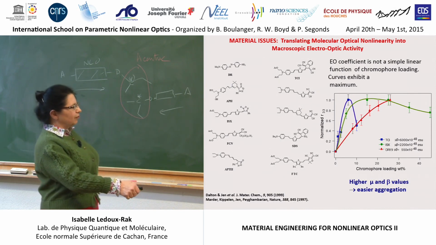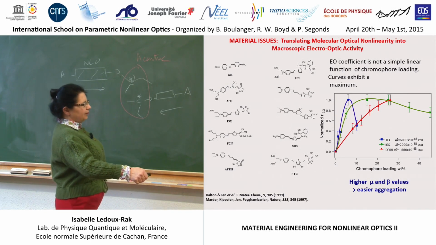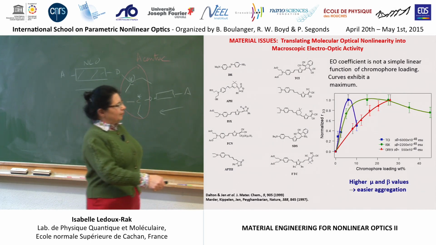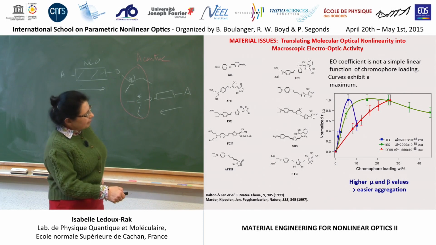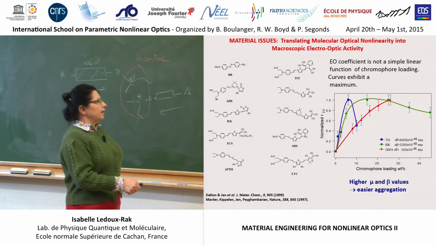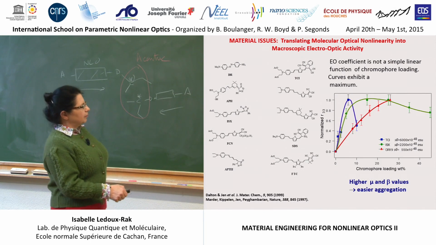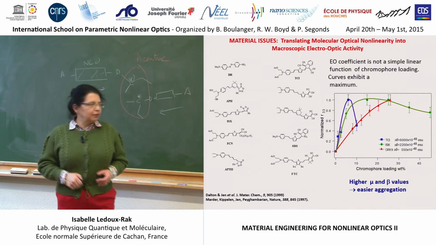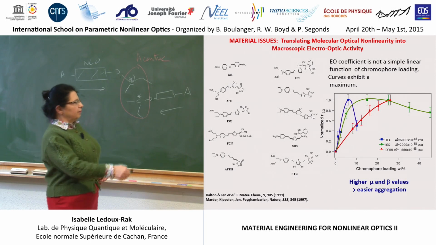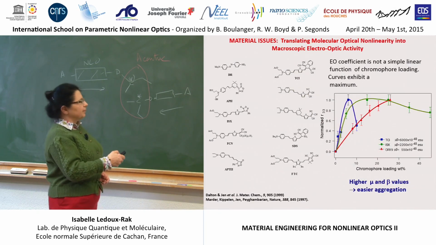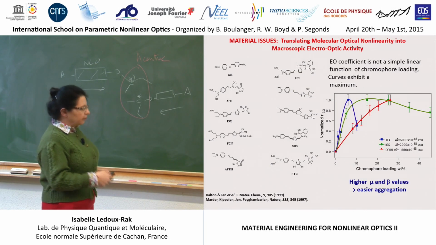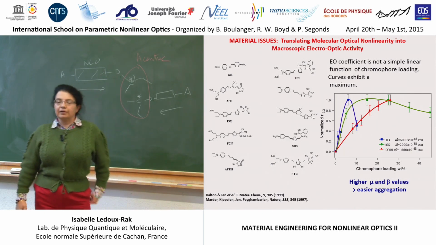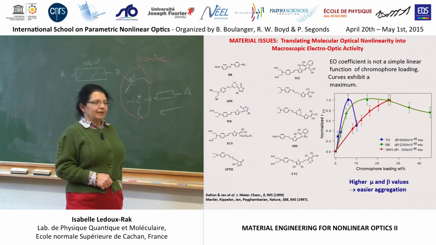And it's still worse when having a mu beta factor which is 10 times higher. In that case, the maximum is found only for 5%. So this is a problem, because what we have gained with increasing the mu beta is partially lost by the fact that you cannot use concentrations higher than a few percent.